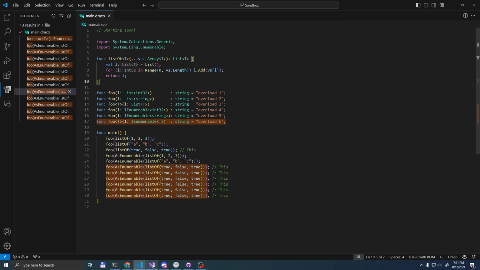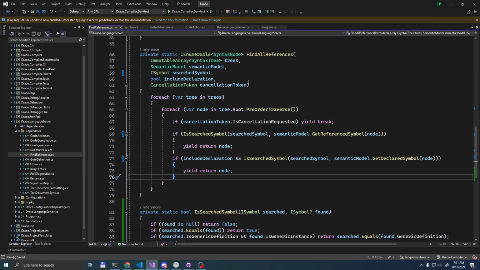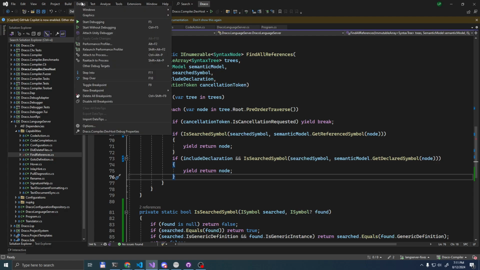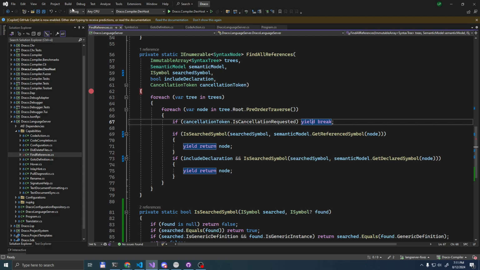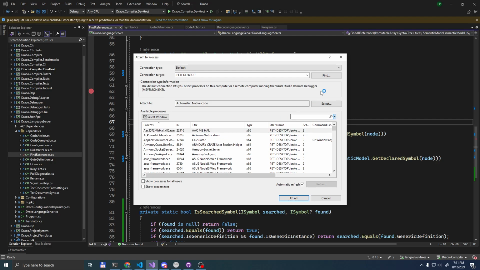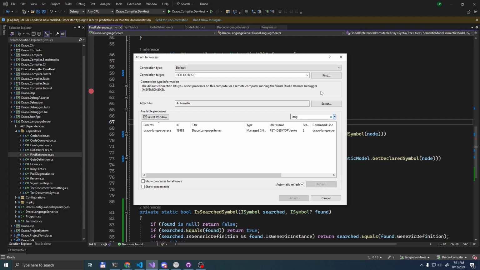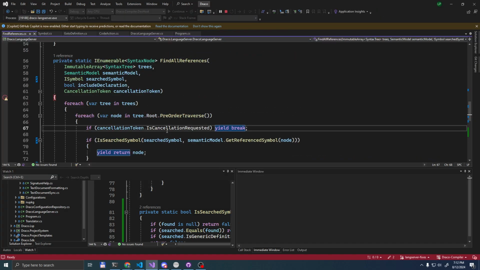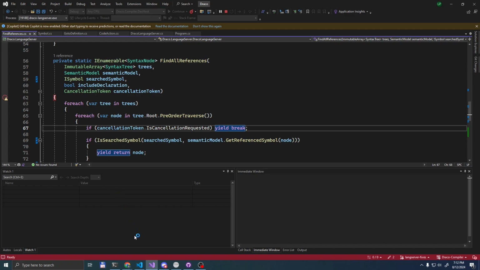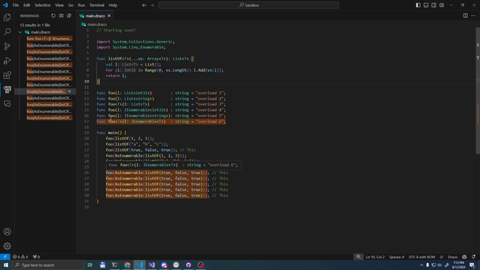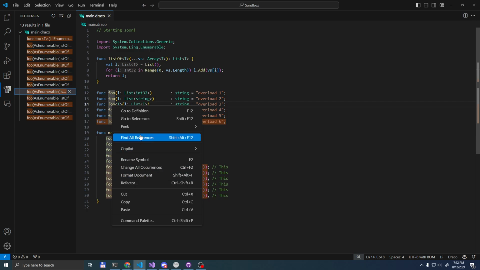Also, let me show you something really cool. You can actually debug the language server in something like Visual Studio. You can also do it in Rider. What you basically do is you place your breakpoints or any setup you need to do, and you can attach it to an existing process, and you would look for the Draco-lang server. You attach, and it's basically attached to my single running VS Code instance's Draco LSP. So now if I try to do something like find all references,